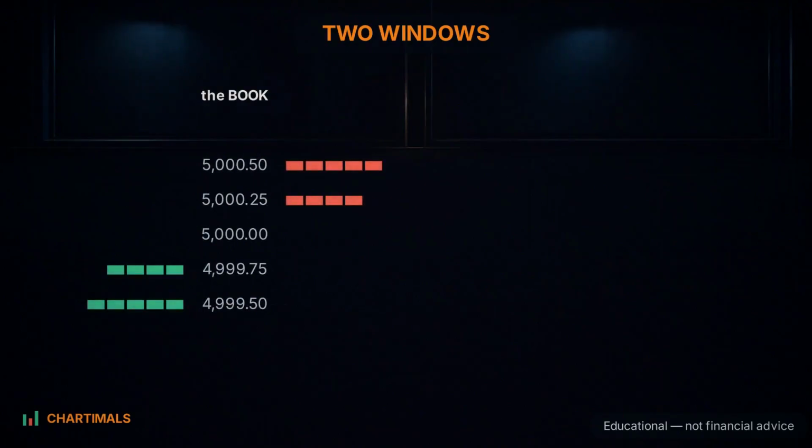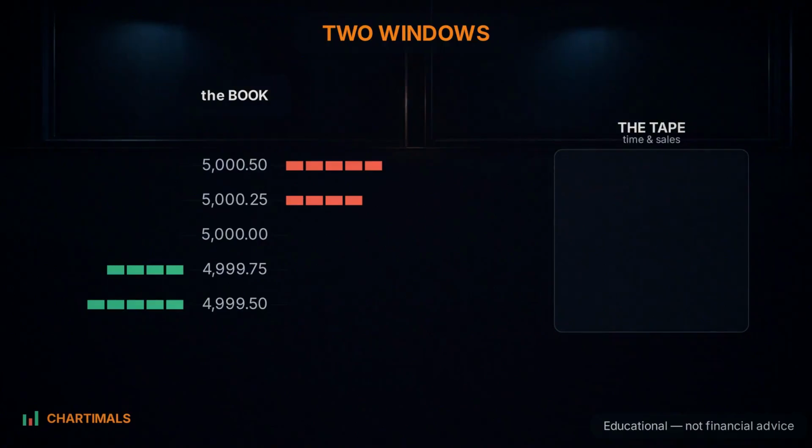But here's the catch. The ladder shows you the size sitting there. It does not show you the moment it gets eaten. For that you need the book's twin window. Time and sales, which traders call the tape. If the order book is the menu of what people say they'll do, the tape is the receipts for trades